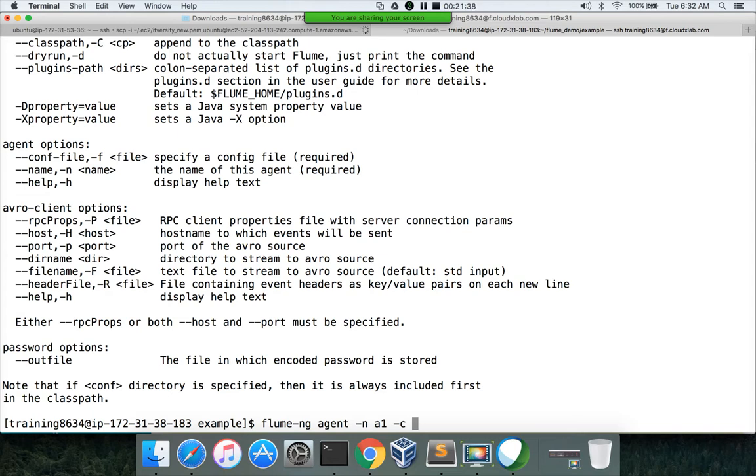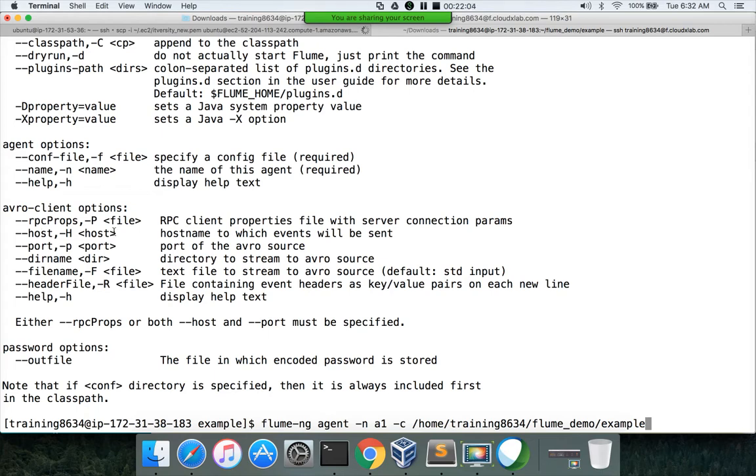So here I will be specifying the fully qualified path. So it is home, and then within home I have a directory called flume_demo and then example. So this is the directory from which I want to get the configuration.